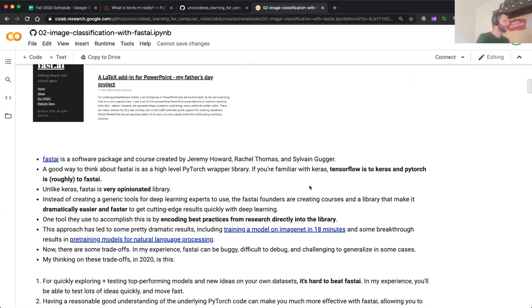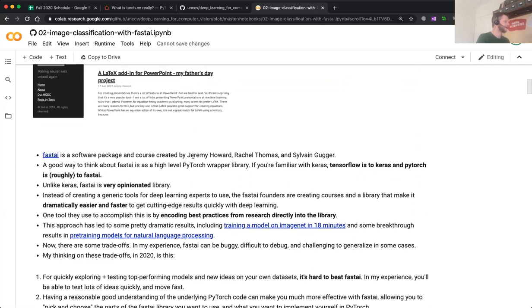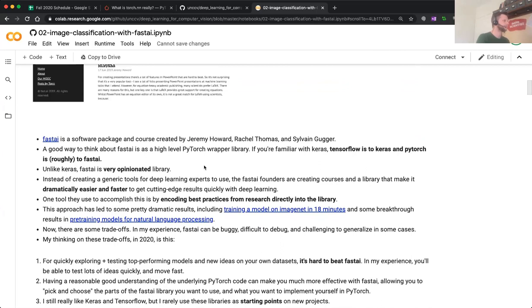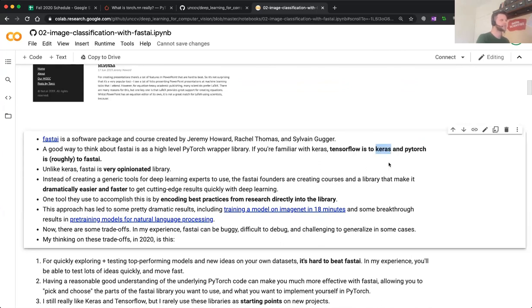Okay, so FastAI, like I said, is a software package and a course. And really, it's like a high-level PyTorch wrapper. Some folks in the course may have used Keras. So Keras is kind of like PyTorch, but Keras is a TensorFlow wrapper. Generally, I think Keras can also work with Caffe, and maybe some other backends. But